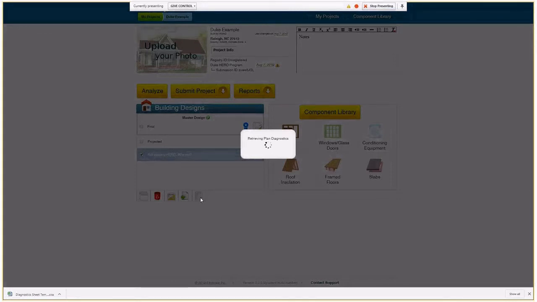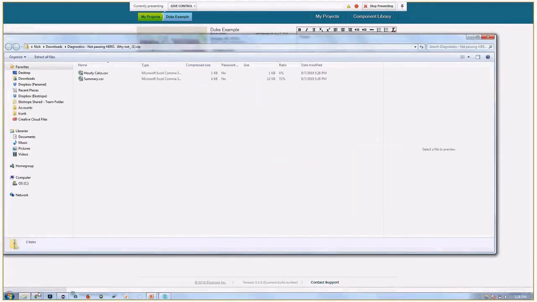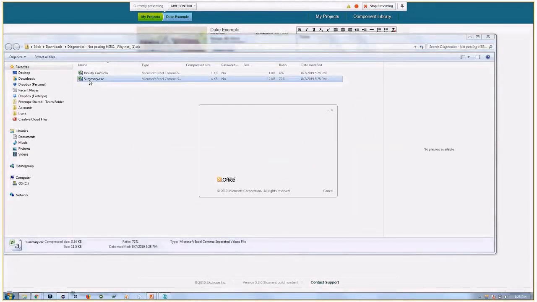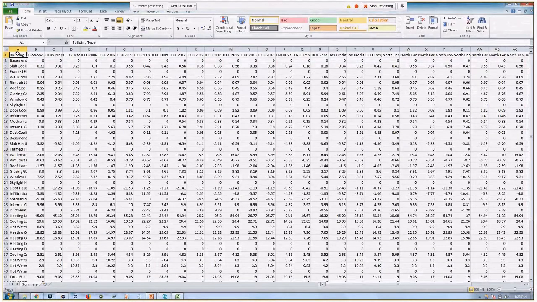So this downloads a component by component load for all of the different analyses that Ekotrope does for like HERS, North Carolina, Energy Star, all these different programs that we cover. Looks at the proposed home and the reference home and all of the heating and cooling loads. Takes a little bit to download. So once this is ready, I can open it. I grab the information from the summary spreadsheet